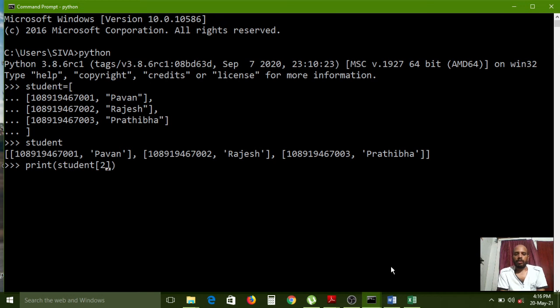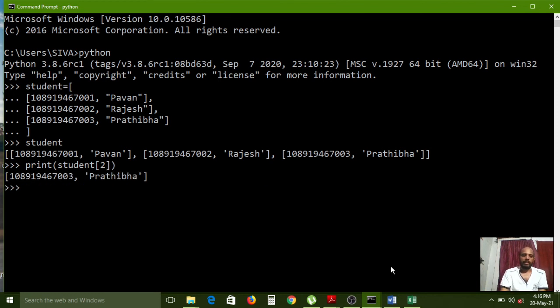Number 2 means the index number I have passed. Because index starts with 0, the 0th index is placed with the Pavan record, the first index with the Rajesh record, and the second index with the Pratibha record.